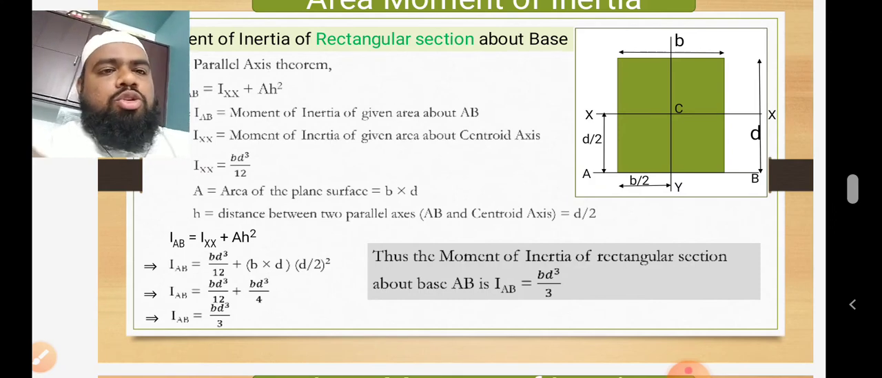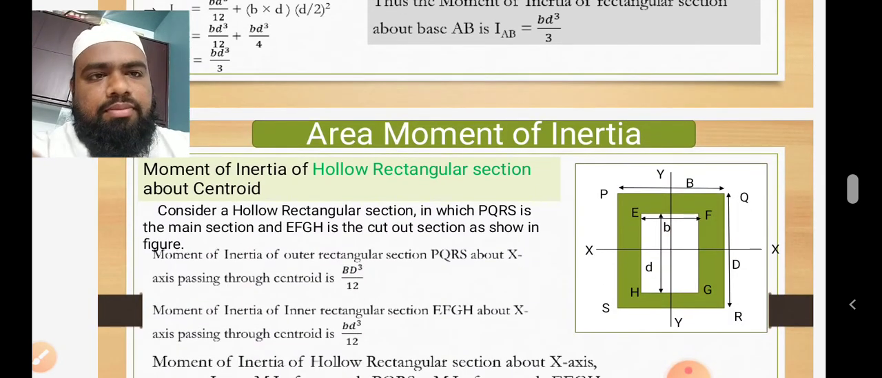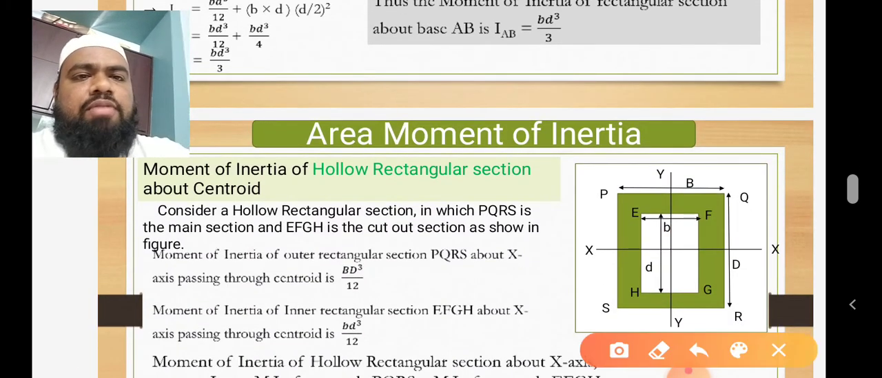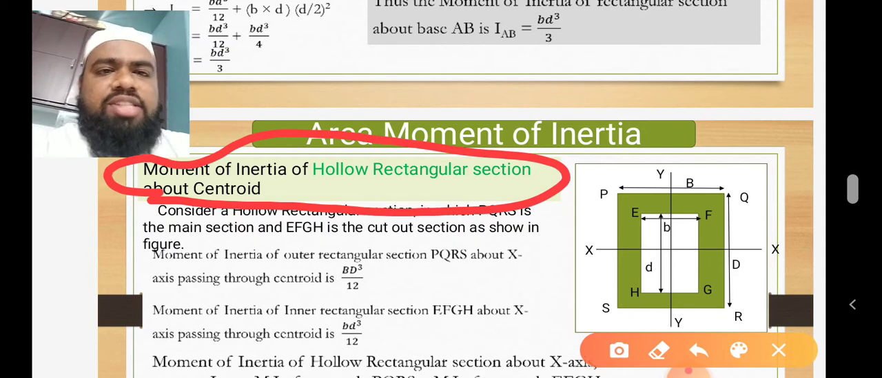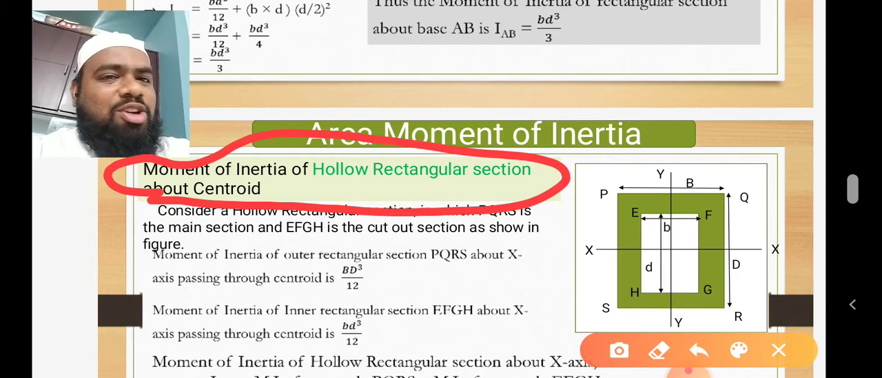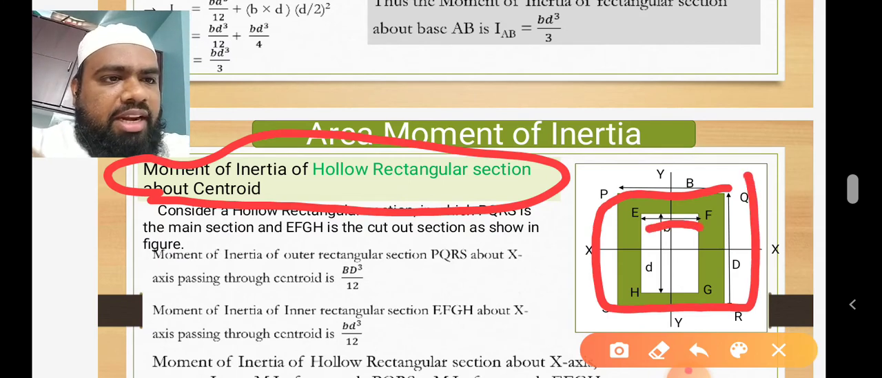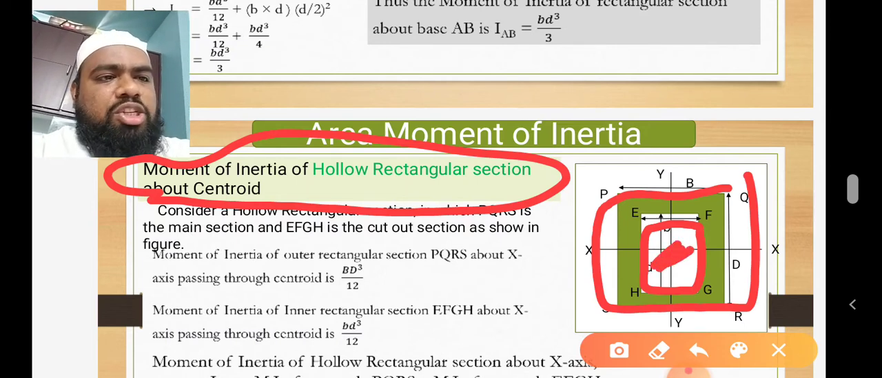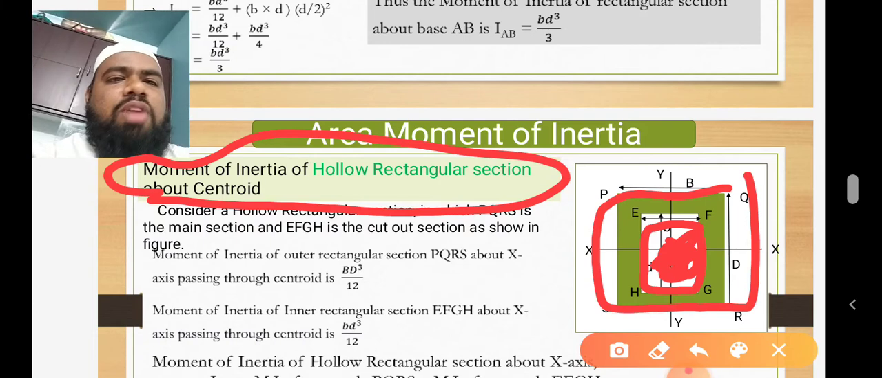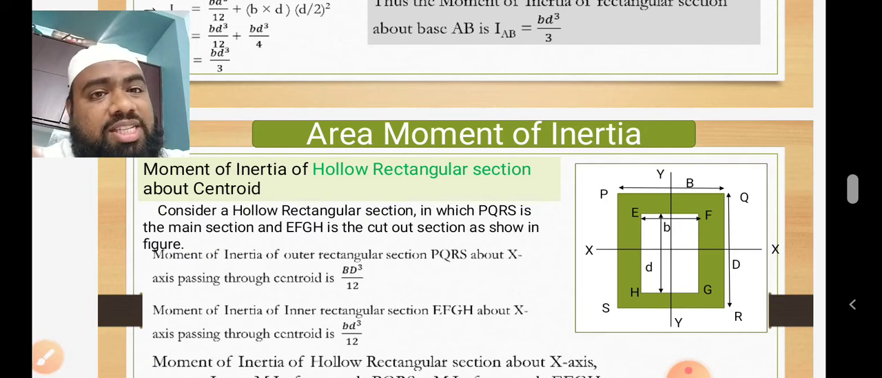So next, we have just found the moment of inertia of a rectangular section about its base. Now the question is, we have to find the moment of inertia of a hollow rectangular section about its centroid. Now this is not rectangular, this is rectangular hollow. It means a rectangular body or plane with a rectangular hole. A rectangular body with a rectangular hole. It means in this place there is no surface. Then what should we do? We have to find the moment of inertia for this rectangular section about its centroidal